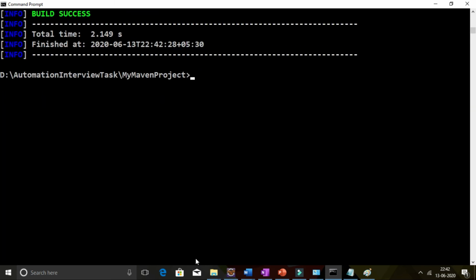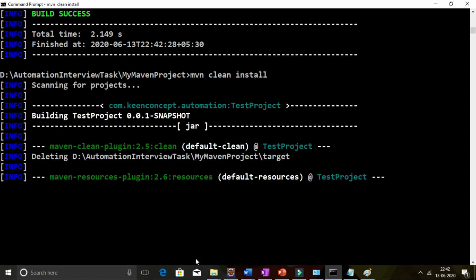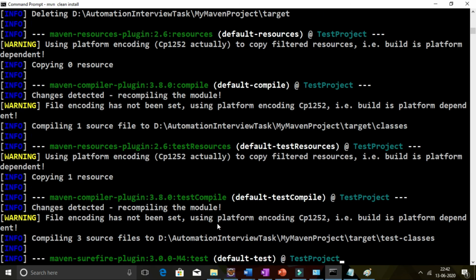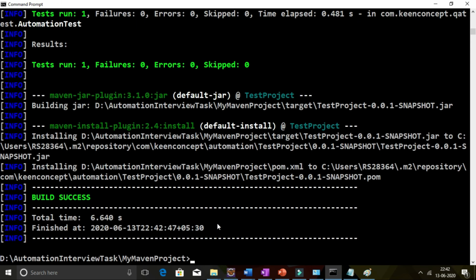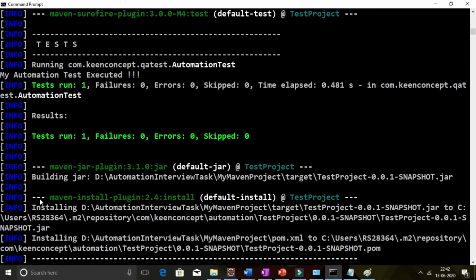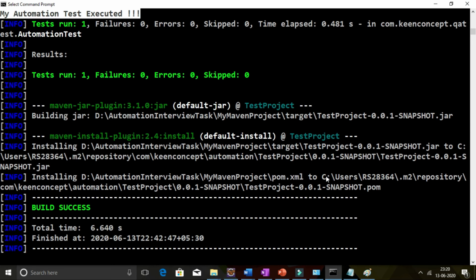Now if we'll run Maven build, by default our QA profile will be executed. So you can see build got success and only the automation test cases got executed.